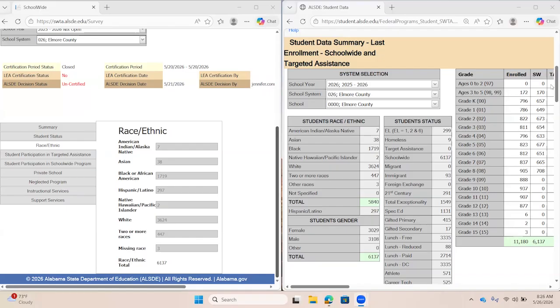So you can see when I compare the American Indian, Alaska Native, I've got 7 in my SWTA tile, and I have 7 over in my student data tile. Asian is 38. Black or African American is 1719. My Native Hawaiian Pacific Islander is 2. My white is 3624. But keep in mind, once the tile is corrected, it should roll those that are missing